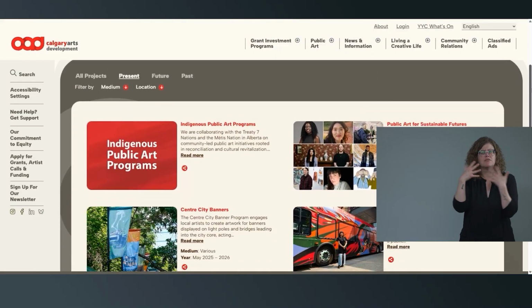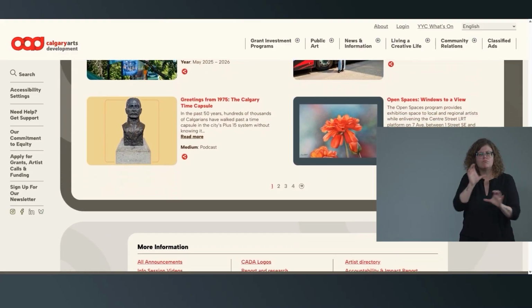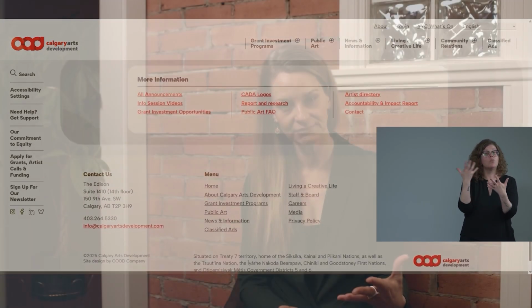In 2021, the City of Calgary moved their public art program to Calgary Arts Development for implementation. So since 2021, Calgary Arts Development has been responsible for the commissioning of any new artworks, and that includes programming such as youth programs, artist development, and even temporary exhibitions. Calgary Arts Development is also responsible for building public art awareness and activating the public art collection. So within that context, Public Art 101 is part of this artist development series in order to encourage more public art and support for artists and public art within our community.